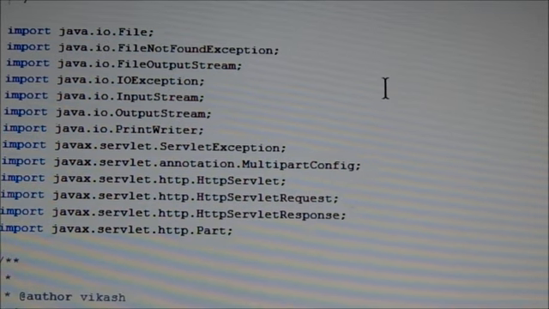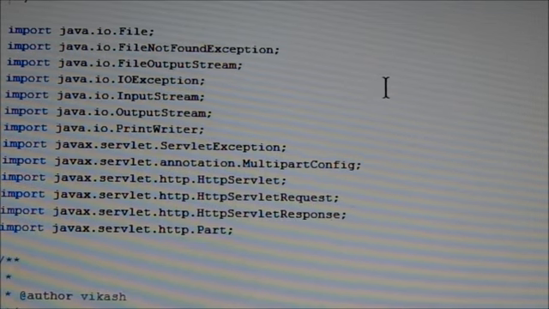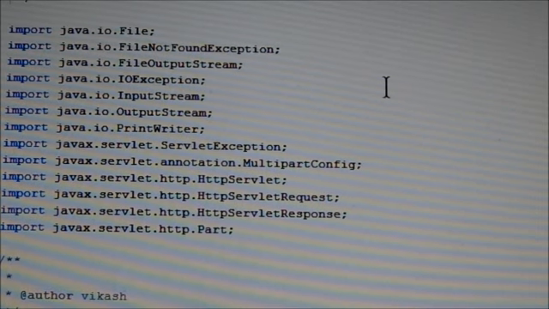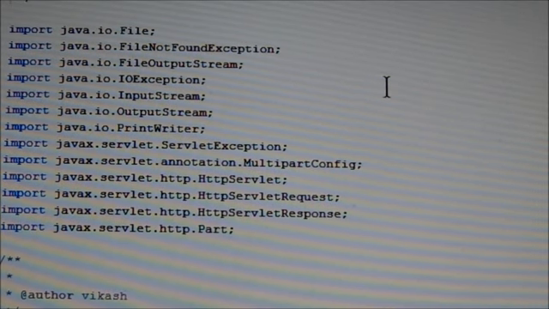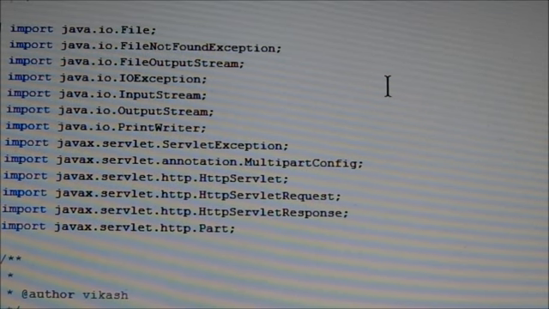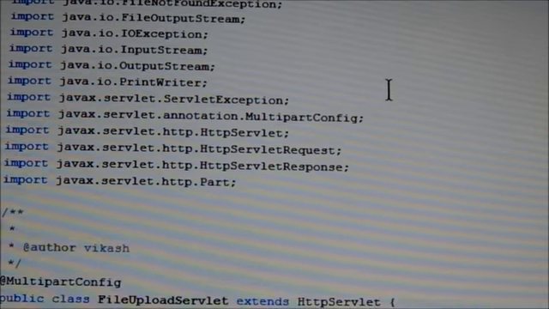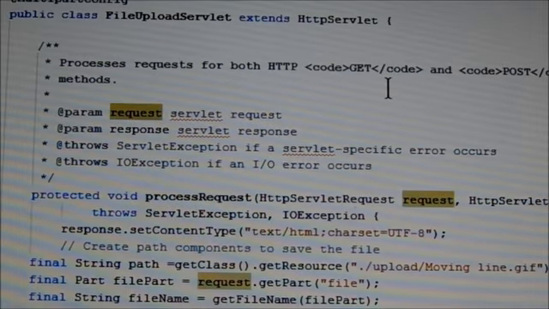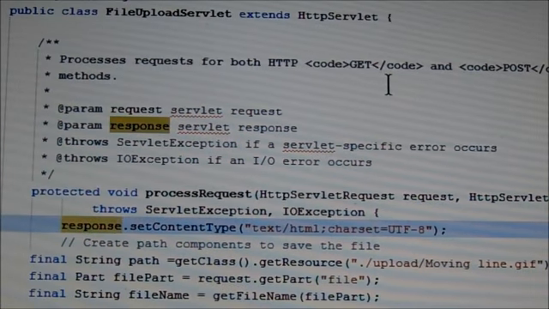Because javax.servlet.http.Part, because your data is multipart, that's why you are accessing any data from the form as a Part, a multipart form type. Then again here we see response.